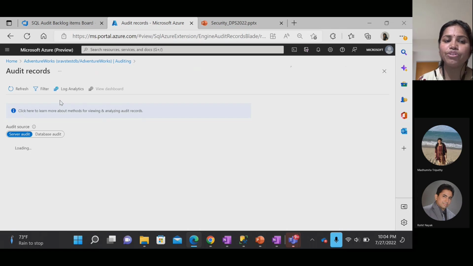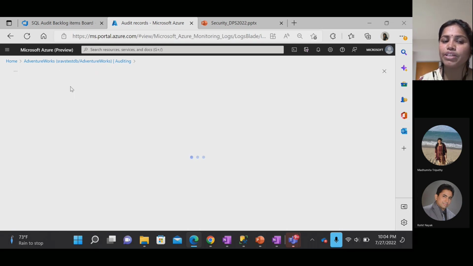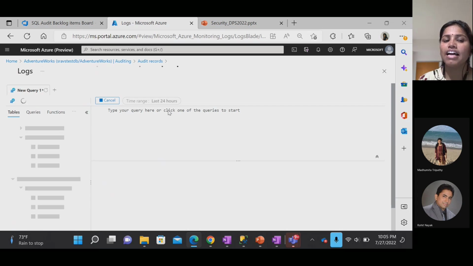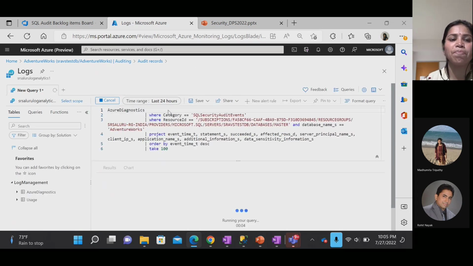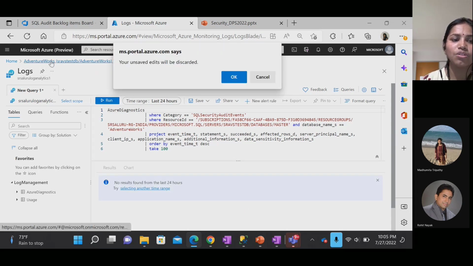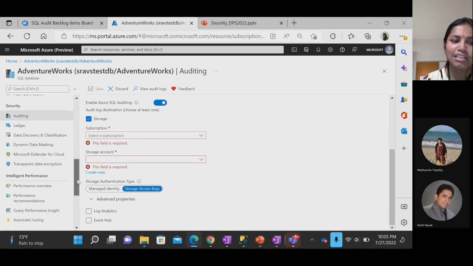So we also provide a view audit logs option from the portal itself, where you can directly go and click on view audit logs, and also check what happened in a given specific interval. And we also provide you this log analytics dashboard if the auditing is configured to a log analytics target. So that is about the security blade, which has everything that can be centrally managed for your Azure